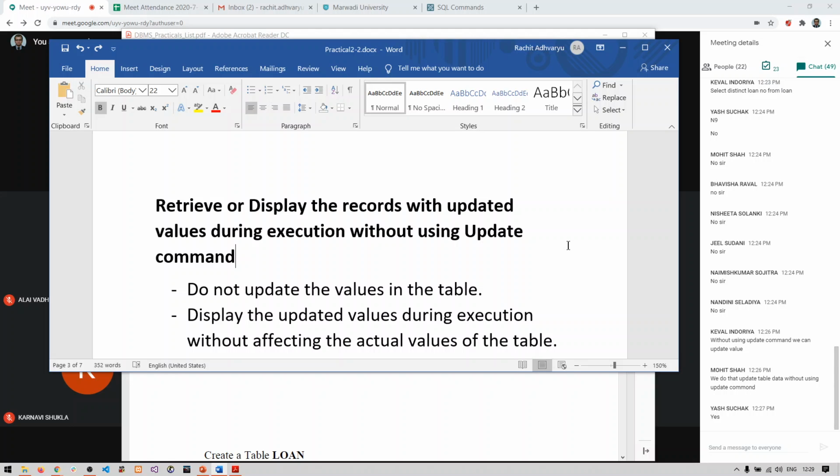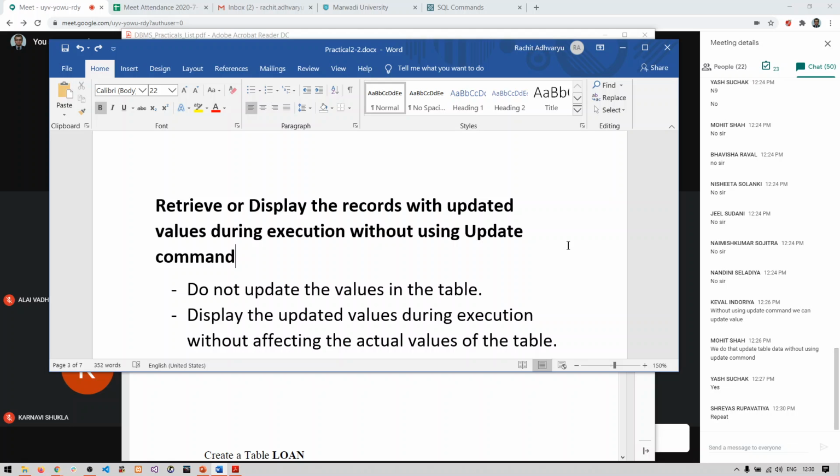We are not going to touch the actual values of the table. Clear with this, guys? These two rules. Shall I repeat again? Yes or no? If anyone requires repetition, just write down repeat in the chat box, so I can repeat it again. No issues, because this is very much important.